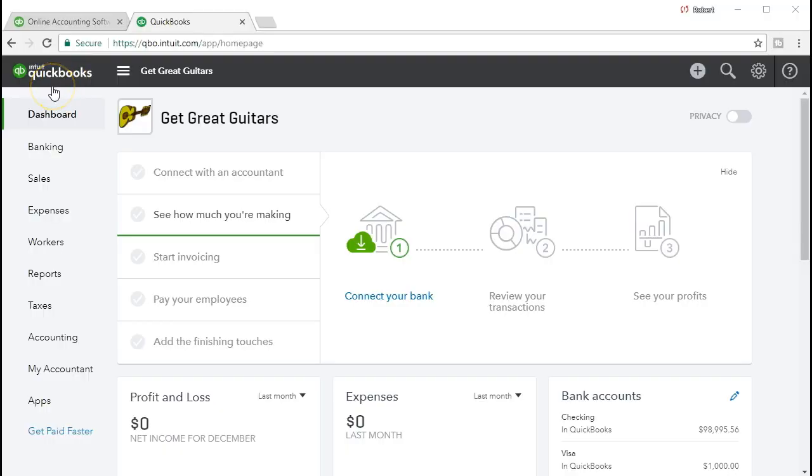Here we are in the QuickBooks Online dashboard. We will be continuing with the Get Great Guitars problem. We're working on reversing entries here, and the entries that we are reversing are some of the adjusting entries, those entries made at the end of the time period, usually a month or a year, in our case, the month of February. We're reversing those in order to separate the two functions, one being the normal day-to-day processing function to